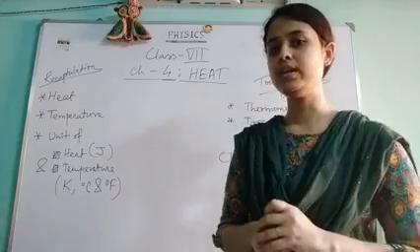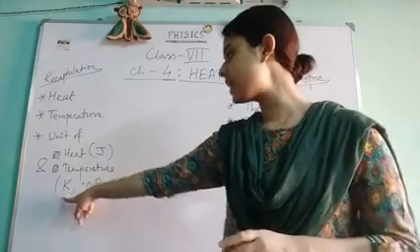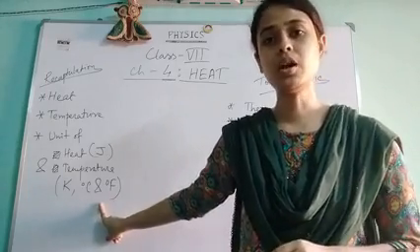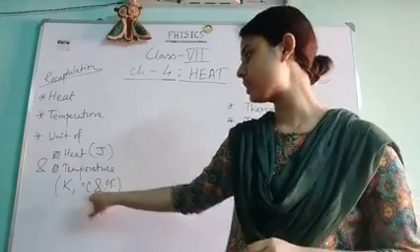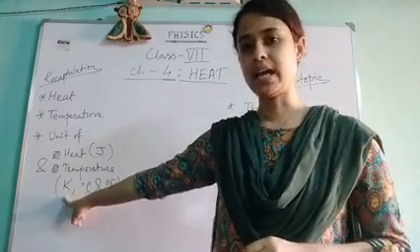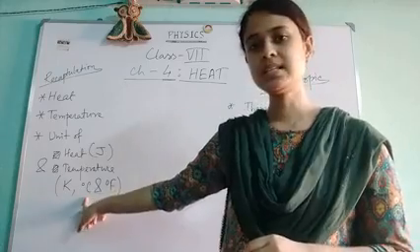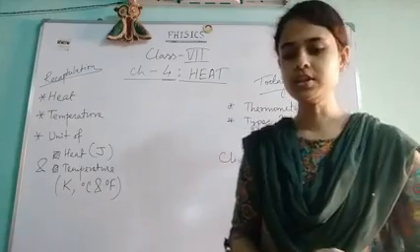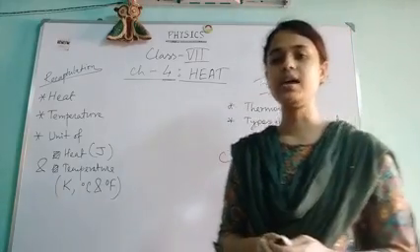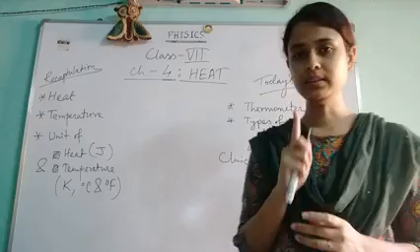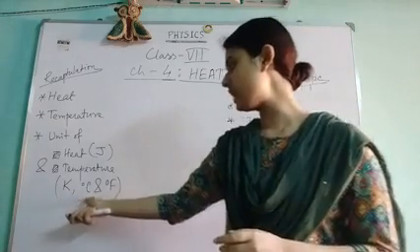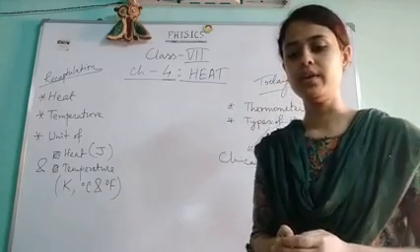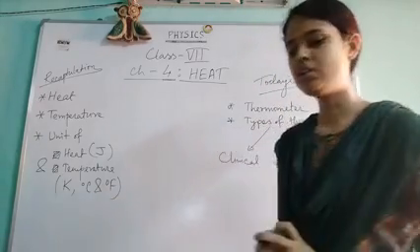And hence we learn there are 3 scales which can be used to determine the temperature of a given substance, and those 3 scales are the Kelvin scale, the degree Celsius scale, and the Fahrenheit scale. Though it is not in your syllabus, I'd like to discuss one thing which can relate all these 3 different scales of temperature. So you please write down the relation among